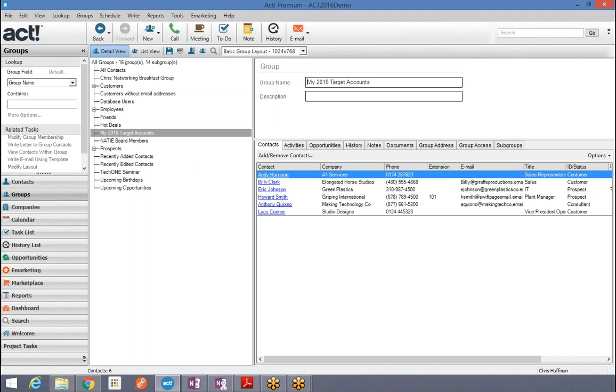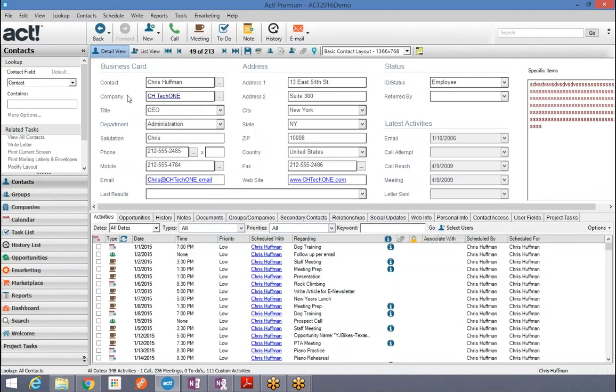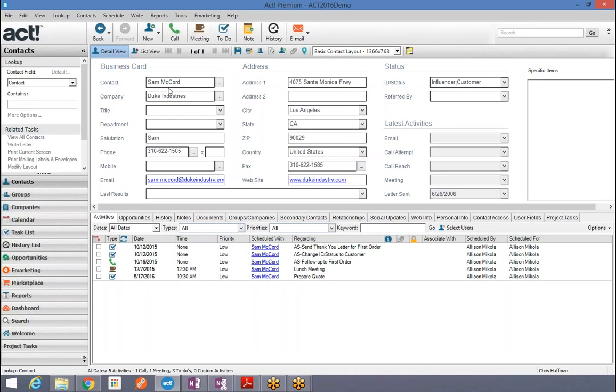There's a couple other ways to add people to a group, and I'm going to show you that. I'm going to leave the group section, go back to contacts. Let's say I'm on a contact. I keep getting this error. I hope it doesn't crash out on me, but let me go look up somebody named Sam. There's Sam McCord